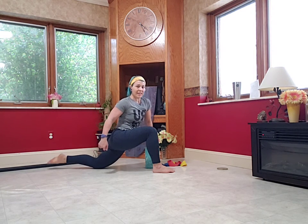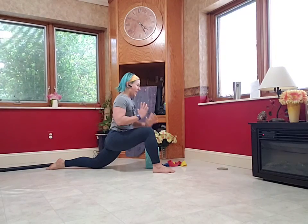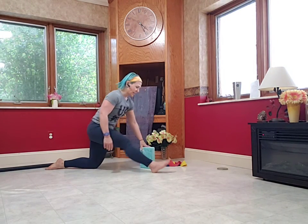It lifts you up a little bit to give you some height here. If this is really uncomfortable on your knee, feel free to put a blanket or a pillow underneath it for a little cushioning. We're going to take 1 more breath here. Gently release that leg. Come on back to your lunge, and then you're going to lengthen the right leg and